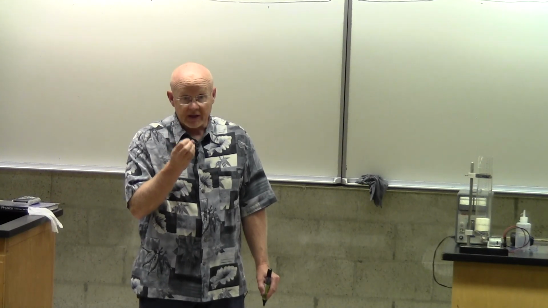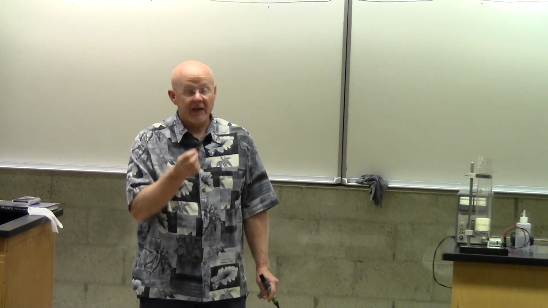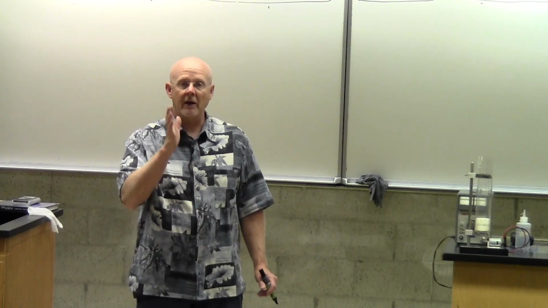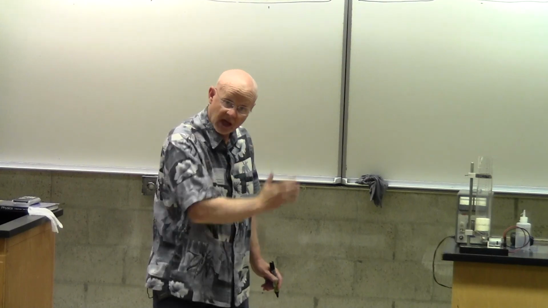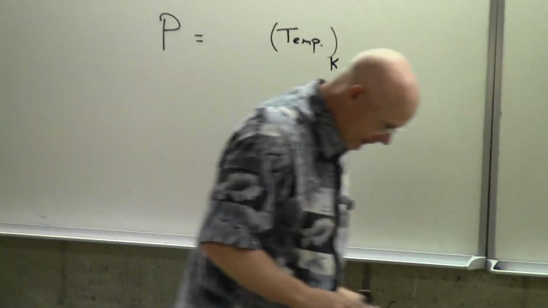As we derive this equation, it is not the temperature on the Celsius scale. It is not on the Fahrenheit scale, although students don't usually do that. But they do it on the Celsius scale, and that's just not appropriate. The Celsius scale is not a scale where the motion is connected to the number on the scale. Only the Kelvin scale is. So one of the factors would be temperature, but only if we use the Kelvin scale. All right, what else do I see over here?